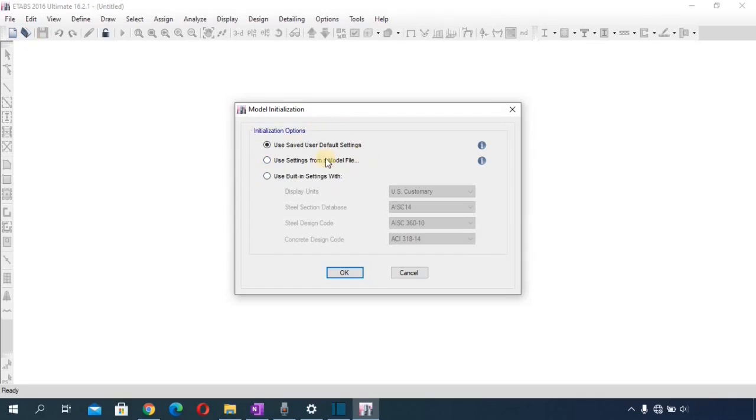Now we have this window, as you can see on the screen. We have 3 settings. The first one is use saved user default settings. So what this basically means is, let's say for example, you've created multiple projects, and the unit you used creating those projects, let's say you used the metric unit. Now if you want to use that same unit, all you need to do is save